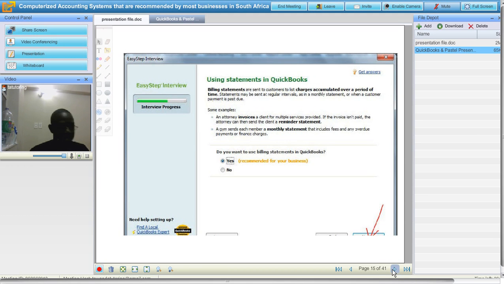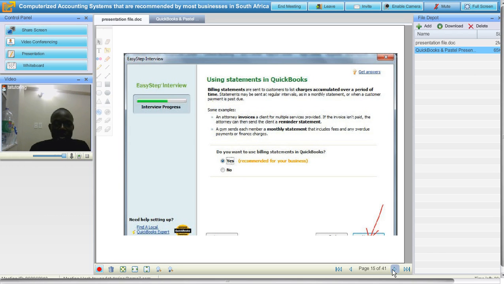Do you use statements? A statement is a summary of the amounts or invoices that a customer is owing you. It contains all the invoices and all the amounts that a customer is owing you, and the amounts that a customer has paid.